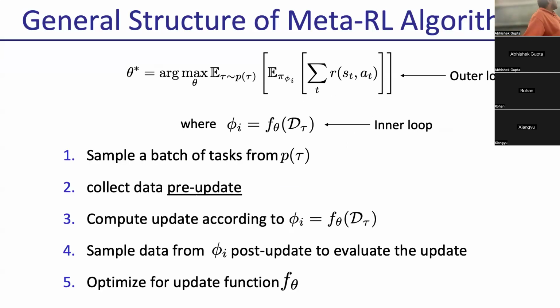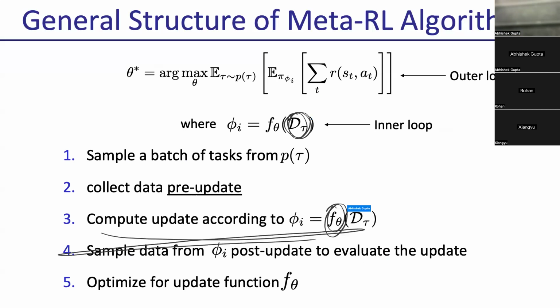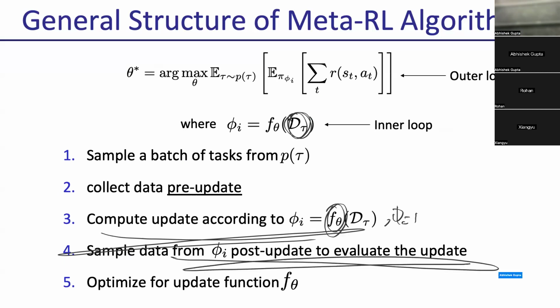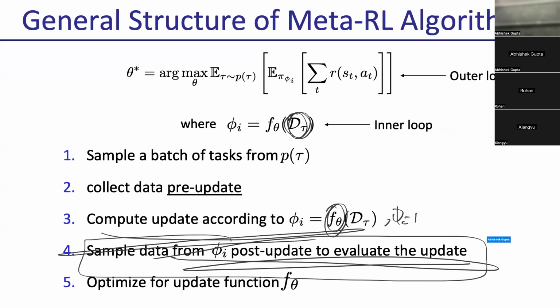So you sample a batch of tasks, you collect some data pre-update, right? So collect some data pre-update is this data. You're going to perform an update according to your parameterized update rule f theta, right? You're going to go from phi i minus 1 to phi i. You're going to collect some data post-update, right? And then you're going to see how good is that data, like how good was the reward, how good is my update rule. And then you're going to use the outer loop to go update the parameters of your update